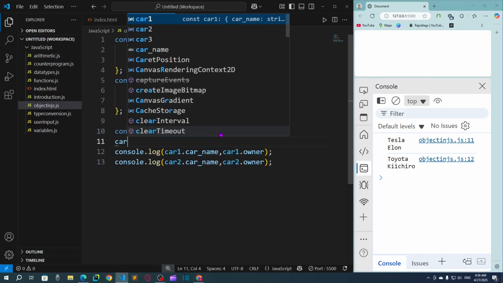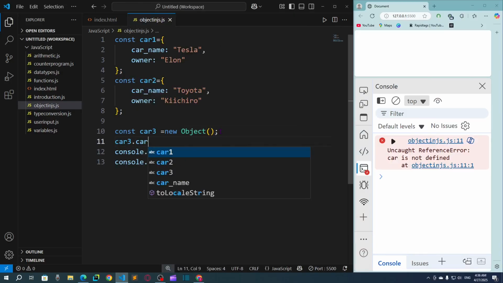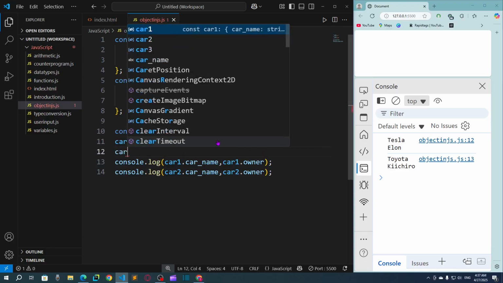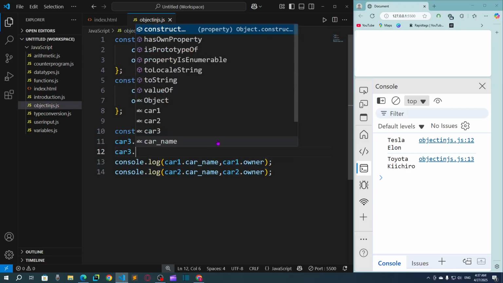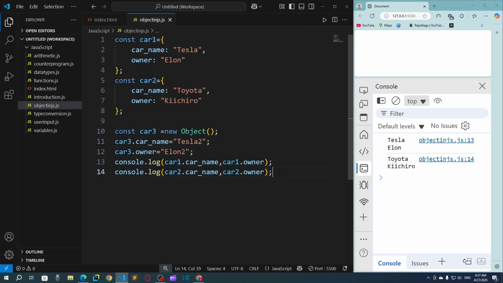You can say car3.car_name is equal to Tesla 2, and car3.owner, let's say Elon 2. Okay, so if I want to say here console.log,